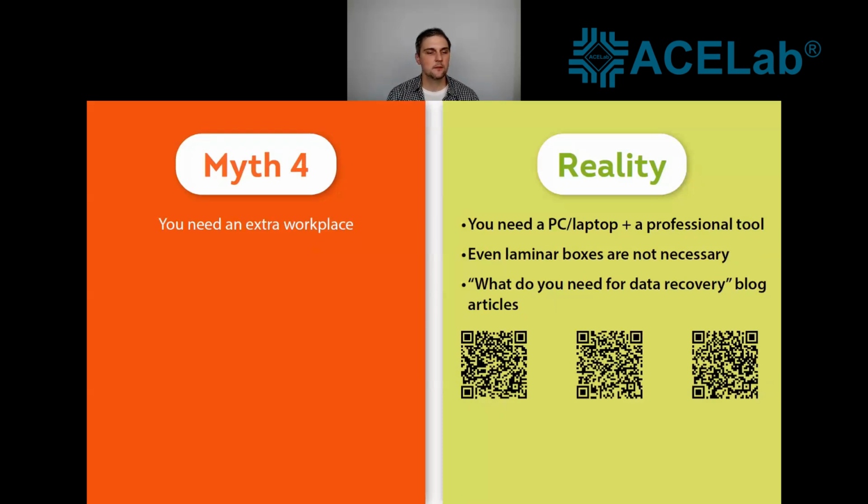And again, another myth is that you need an extra workplace. But again, we can say that PC3000 technology is pretty flexible for beginners and for those who just want to start the data recovery business. You don't need to buy a lot of equipment, because you just need a good computer or laptop, you need a PC3000 tool, and you just need probably some basic parts like a screwdriver set, a scalpel, tweezers, and some